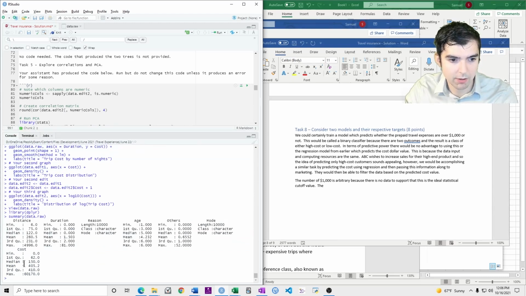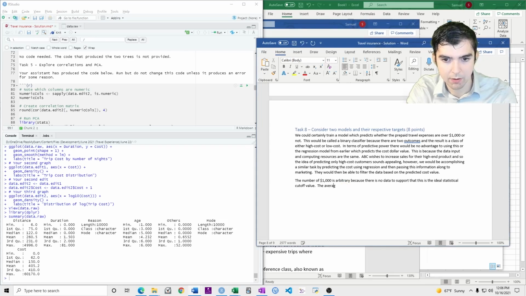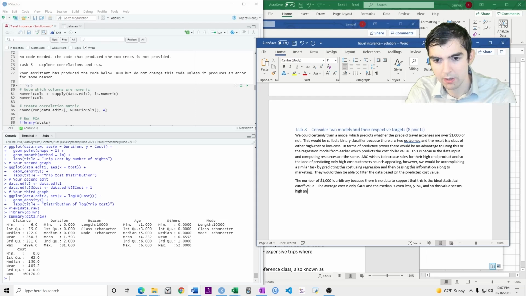The average cost is 405. The median is less than 150. So this value seems high and would result in the majority of records being classified